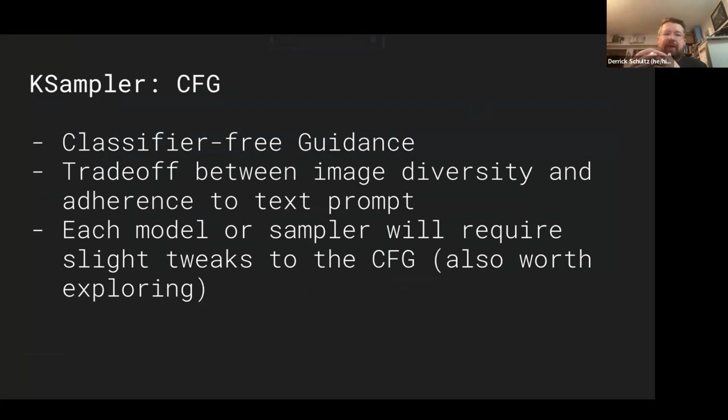With CFG, the score is sort of like you can lower the score, meaning you might get more image diversity, but you would get less adherence to the text prompt. So CFG scores tend to range between 2 and 12, so 2.0 and 12.0. And each model and each sampler will have slight differences in how CFG affects your scores. This is why diffusion models are so crazy, because there are so many parameters that it's hard to say, oh, in this exact example, you need these 10 parameters. Every model and every text prompt you provide is going to need a slightly different CFG score.